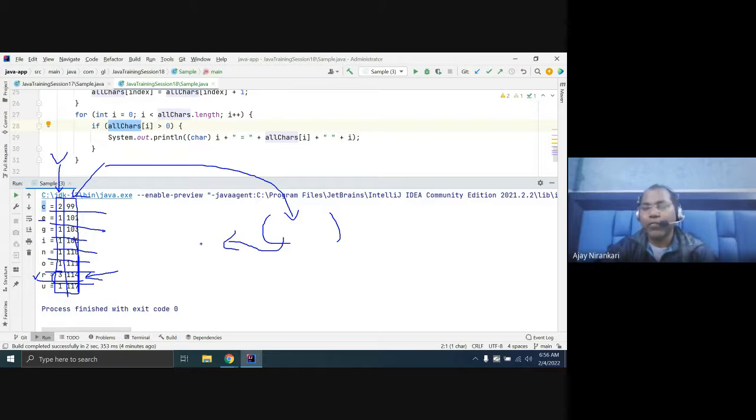So we have to write one method that can return the index of the maximum value. In the first case, it returns index 114. Next time I invoke this function, it returns 99. Next time this, next time this, and so on. Are you getting what we are going to do? Yes, sir. We are going to create one method that will give me the index of the maximum value.